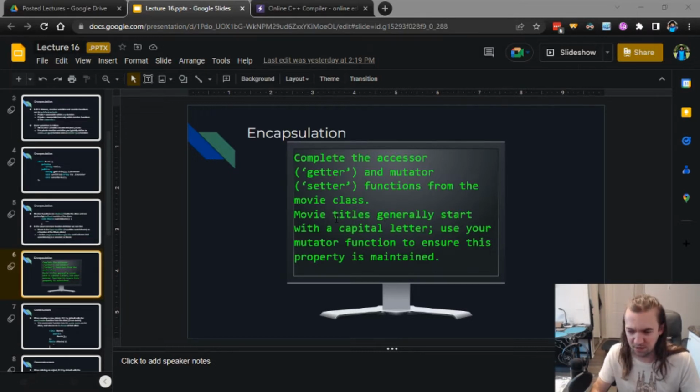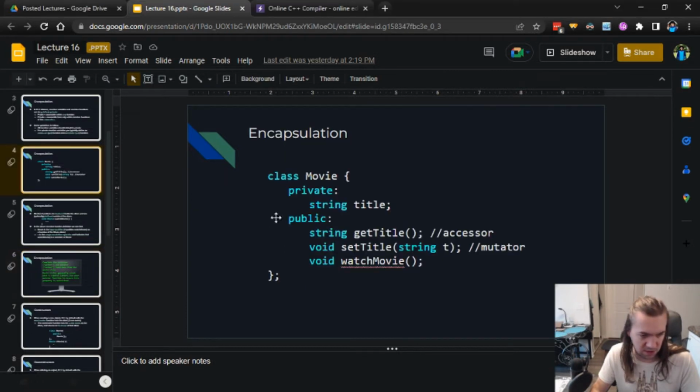We saw in the previous example of classes that we had to use the word public, otherwise variables won't actually show up. We can't actually access them. But you might want to have restrictions on some of these variables. For instance, you might want to make sure that your movie title is only allowed to be something with